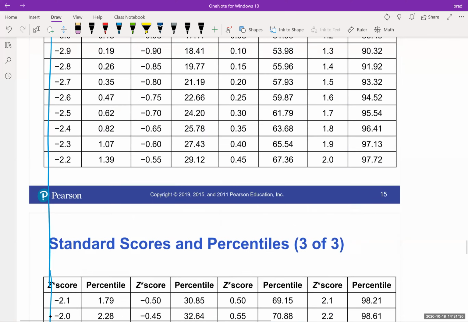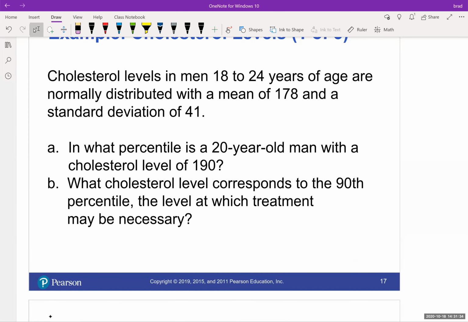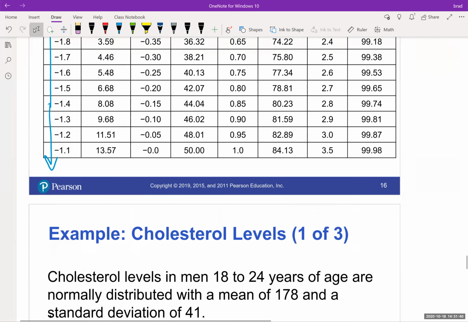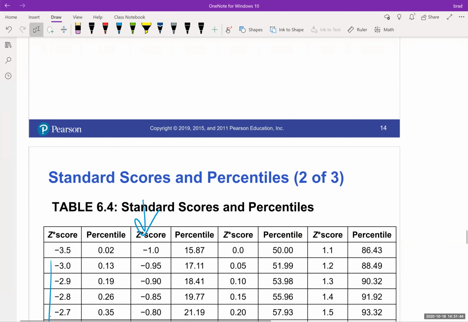Okay, so here's how we can use it. Let's take a look at this. It says cholesterol levels in men 18 to 24 years of age are normally distributed with a mean of 178 and a standard deviation of 41. Just so you know, this is information about this curve right here. If I had this curve, what they're saying is that if you were right here at a z-score of -3.5, how much data is to the left? How much is over here? And they say